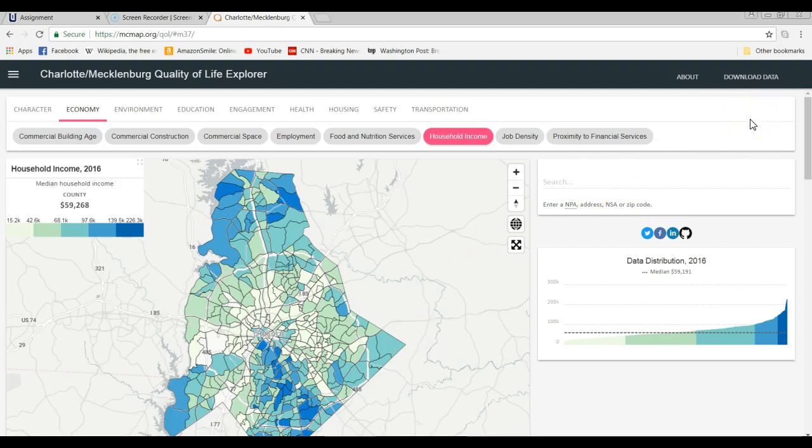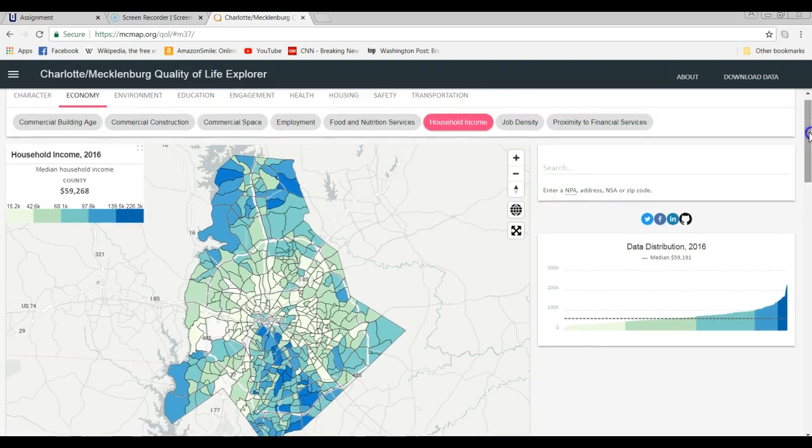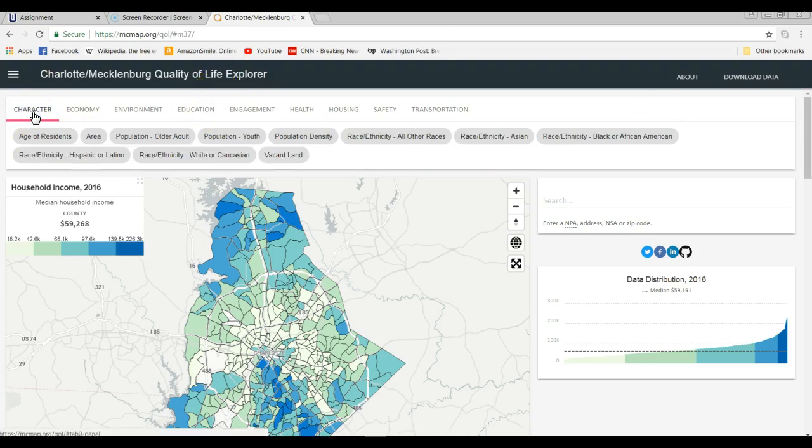Alright, so what I have up here is a link to the Quality of Life Explorer. And I'll post this on our My Courses page and also on the community site. This is a really great tool that allows us to see a map of Mecklenburg County with a whole lot of possible variables. These variables come from different sources, so you've got different years and different data available for different categories. But you see we've got information on some of the demographics of the neighborhood, and if we click on